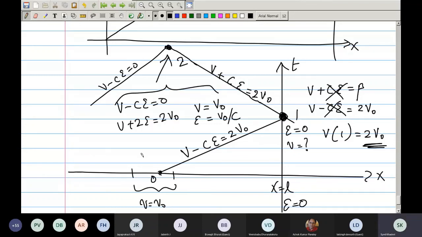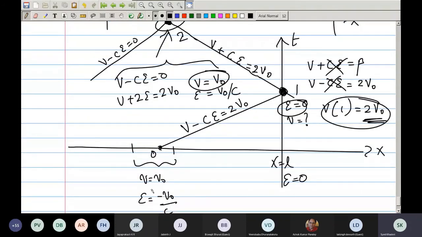Okay. So what has happened is this wave is going from this to the free boundary and coming back. At the free boundary, my stress is 0, strain is 0, and velocity has doubled. But when this wave comes back at the same point, the velocity is still the same. So the velocity with which the wave is going forward and the velocity with which the wave is coming backward is still the same. But you see the strain direction is reversed. So strain is negative before, but strain is tensile here, positive.